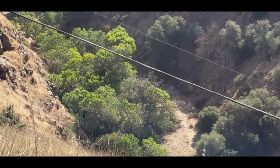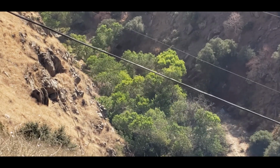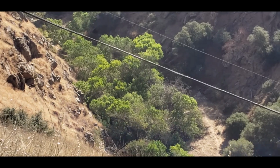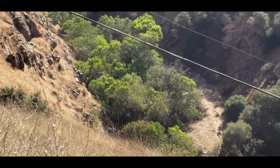These trees right here, back under there on that curve somewhere, there's an old tank car. I don't know if it was an oil car or a water car. I don't even know if I ever knew. I just remember you used to be able to see it. It's pretty much buried by those trees now. But there were